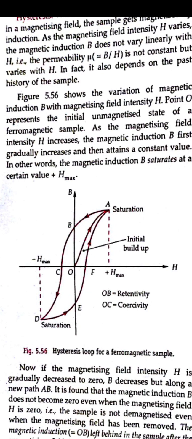When the sample does not get totally demagnetized, to make this magnetism 0, we again have to decrease H, but in the reverse direction, so that B can decrease. So we have to apply some reverse magnetizing field, a force applied just to make it 0. This external field in the reverse direction, to forcefully reduce the magnetization, is called the coercive force. And the point O2C in the figure is the coercivity.